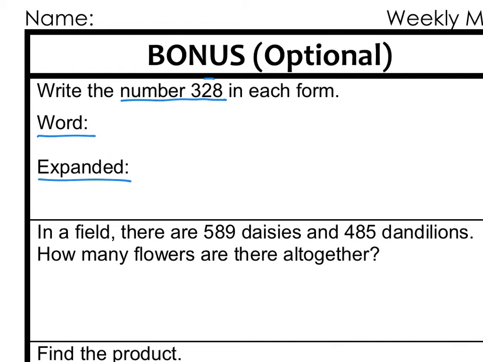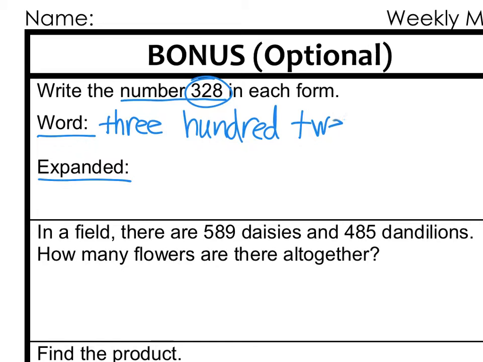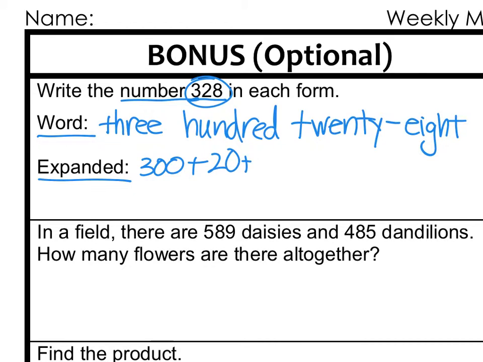So in word form, this number is pronounced 320-8, and spelling does count, and you do need to have your hyphen there. Remember, in little word parts between 21 and 99, even if it's a part of a bigger number, we have to get in the hyphens. Okay, in expanded form, the 3 is worth 300, the 2 is worth 20, and the 8 is just worth